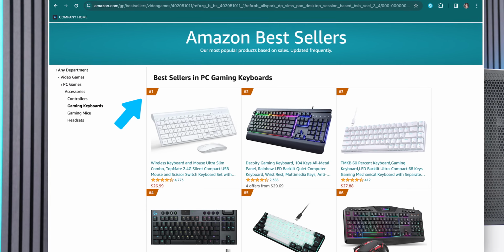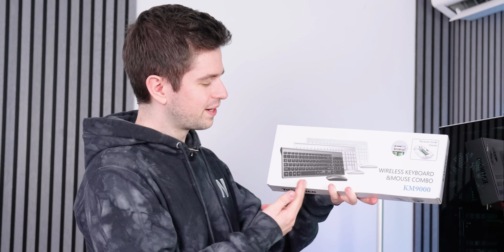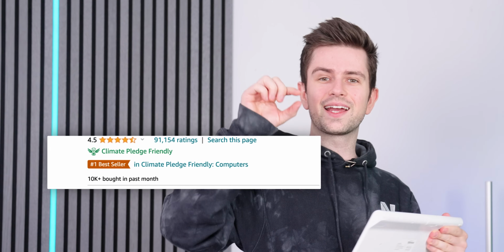So this keyboard and mouse combo was the best-selling one in the gaming keyboard category, and I think we can all agree that this is definitely not a gaming keyboard, and this is sadly something that happens a lot. Companies change the category of their products to try and rank higher in that category, because then in the case of this keyboard here, they can get the #1 best-selling tag,